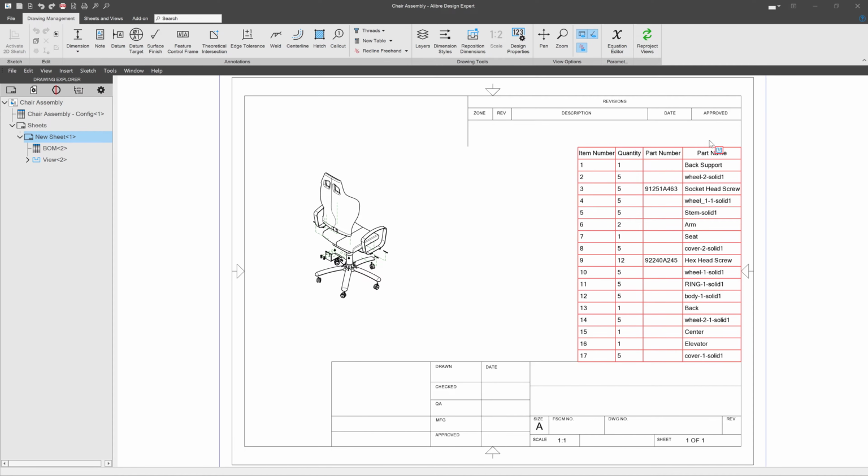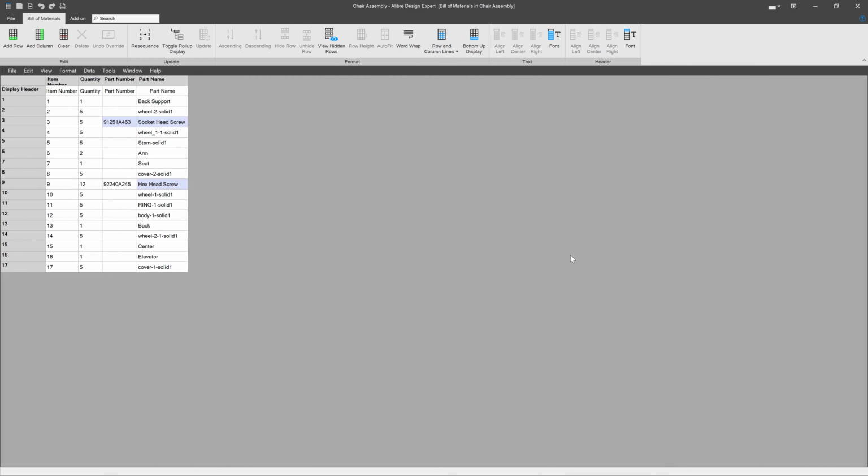We've covered a lot of ways to make bills of materials in Alibre, but there are even more options to format them. Let's go through that in this video. This is the bill of materials that we've been working on. If I wish to make some further changes to it, I can double-click on it to come into this bill